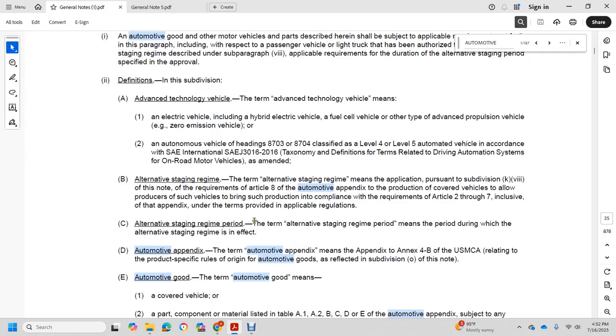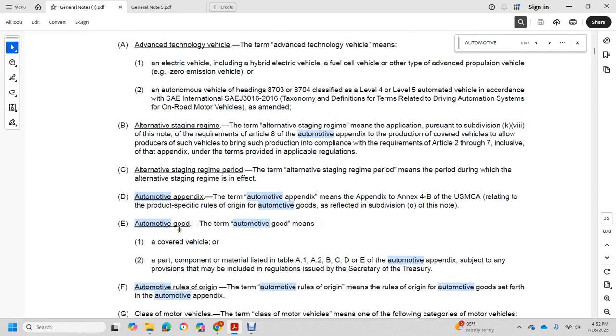Alternative staging regime period. The alternative staging regime period means a period during which the alternative staging regime is in effect. Automotive appendix. Automotive appendix means the appendix to Annex 4-B of the USMCA relating to the product-specific rules of origin for automotive goods, as reflected in subdivision O of this note. E. Automotive good. Automotive good means a covered vehicle, part of the component material table A1, A2, B, C, D, E,